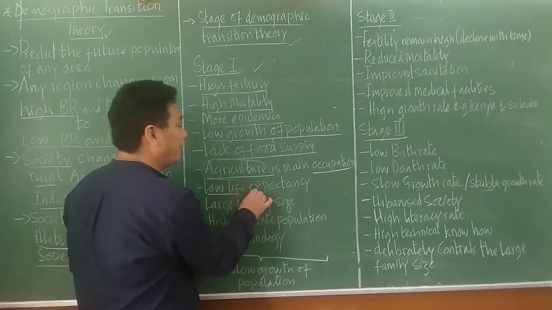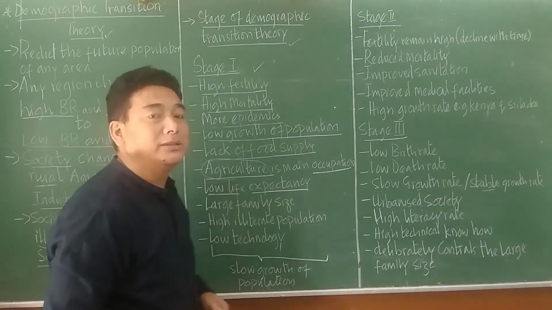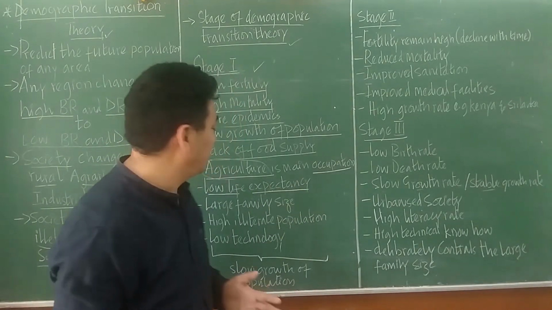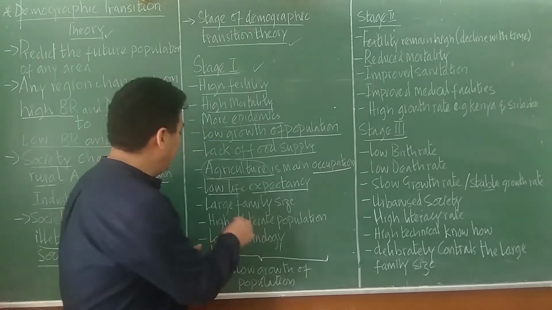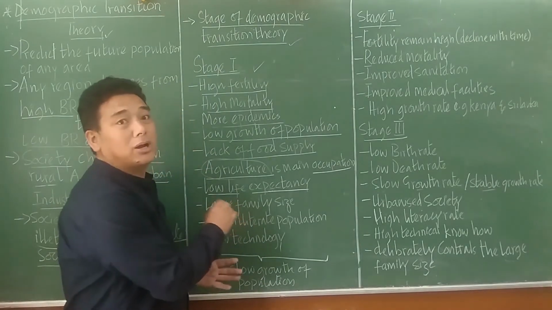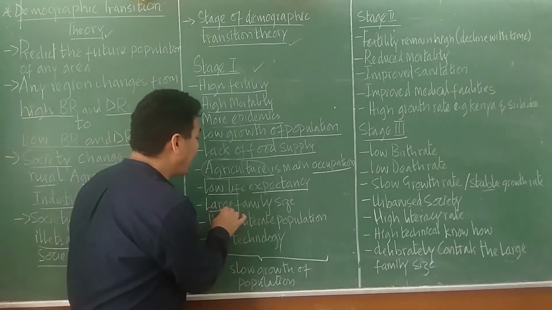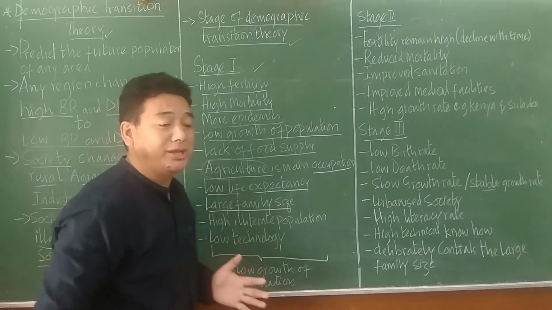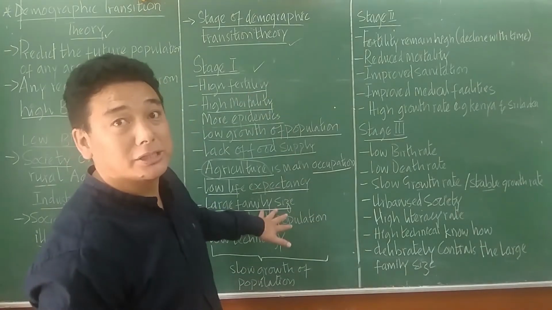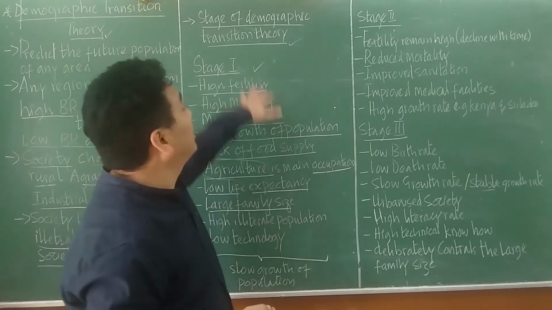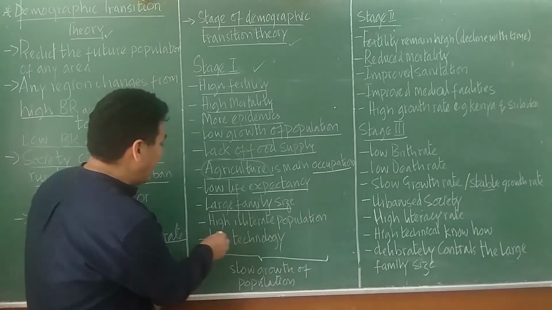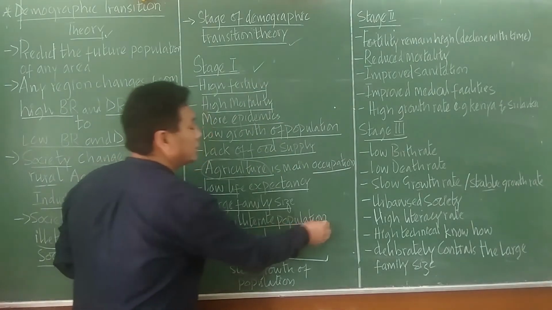And low life expectancy, people die early, people cannot live a long life. Large family size, the size of the family is more in the first stage. This is what the demographic transition theory says. And high illiterate population,